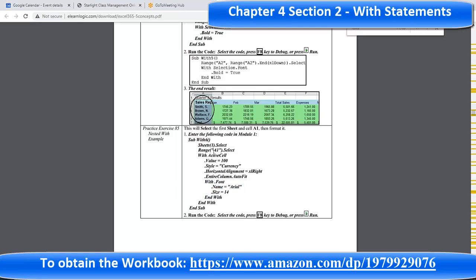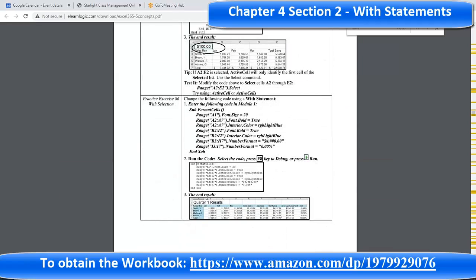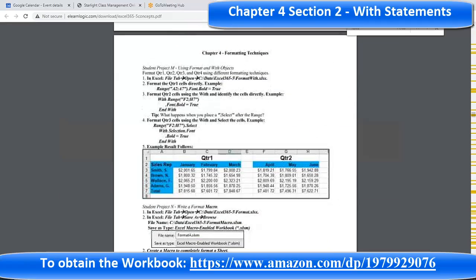So we have to say the with of active cell, okay, and we're going to simply do this, this, this, and this, but then underneath the active cell, we're going to put a dot font and do this and this and this. So it's easier just to rewrite this up here and just put another with down at the bottom. So there's a couple of commands. Selection. So here's some more